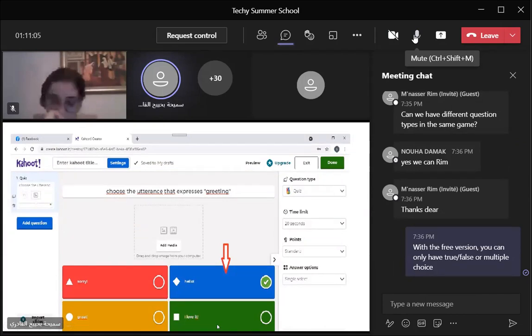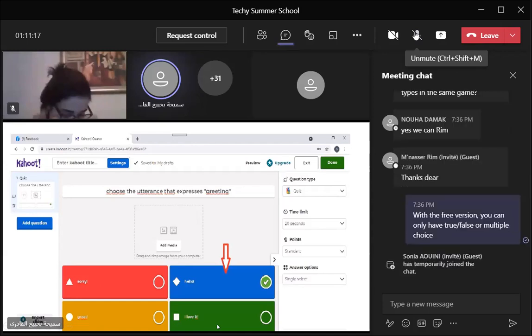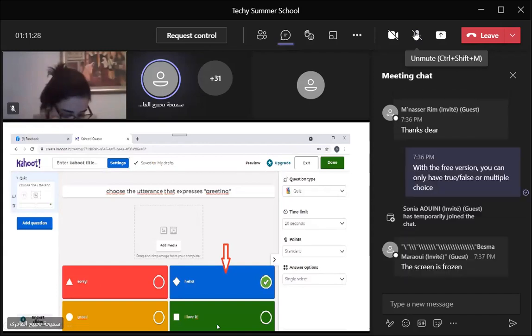You can add the question by clicking on it, and you go through the same steps. Then when you finish, you click or you tap on done. You find yourself here. You just click done, or if you want to practice it or other, you share it or replay it now, etc. And then you click on done to save it. You are going to find it in My Kahoot in your account.